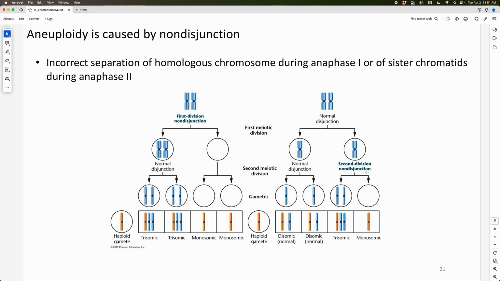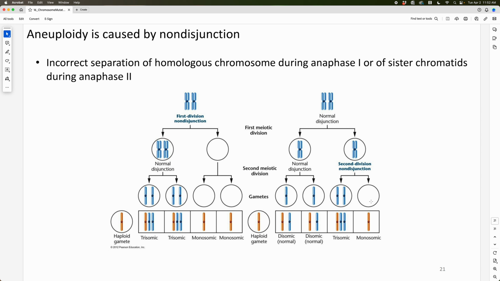When we have non-disjunction that occurs in the second division, so anaphase 2, these sister chromatids don't necessarily separate into either of the two daughter cells that are produced from that progenitor cell. So we have sister chromatid 1, sister chromatid 2, both ending up in one of these gametes, again leading to twice as much of that material here and no copy of that chromosome in the fourth gamete